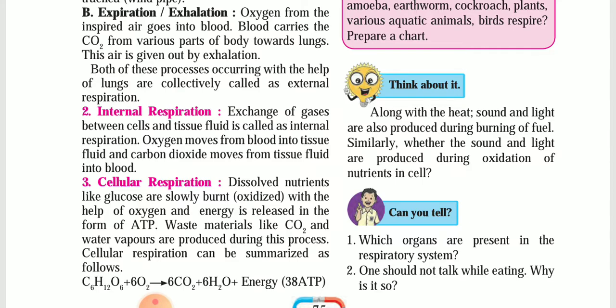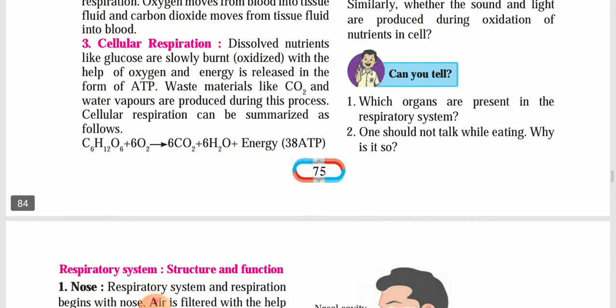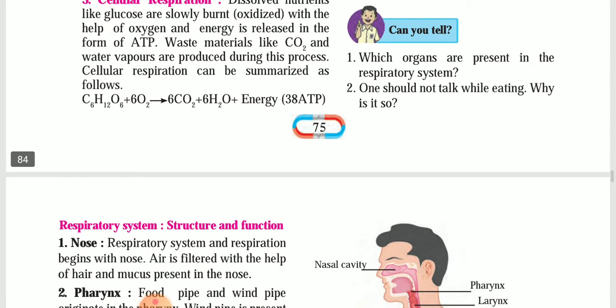So to get the energy, we require to digest this glucose, that is, we require to combine the glucose with oxygen. This work is done by the cell, as well as by your mitochondria, inside the mitochondria. So here there is a reaction: C6H12O6. This is a glucose molecule. It requires 6 oxygen molecules to release energy. You could see carbon dioxide gas is released, as well as water, that is H2O.